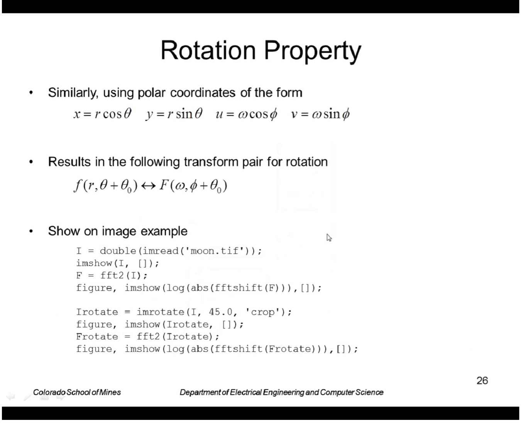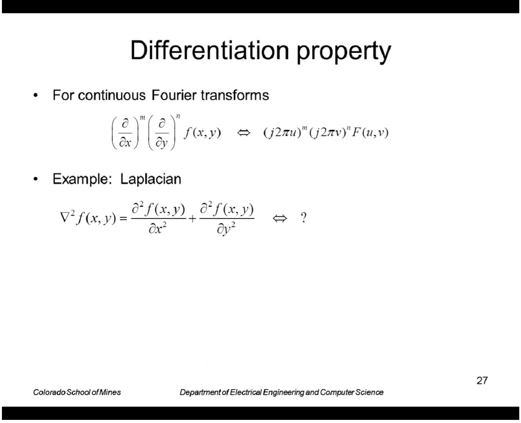Okay. Another useful property is the rotation property, which says that if we rotate an image by an angle theta 0, the transform is rotated by the same amount. I won't do that example, but this would be one example of that. The differentiation property is useful. Again by plugging into the definition of the Fourier transform, you can show that taking the mth derivative in the x direction and the nth derivative in the y direction results in multiplication of the transform